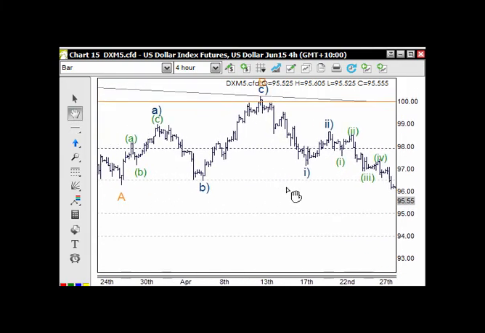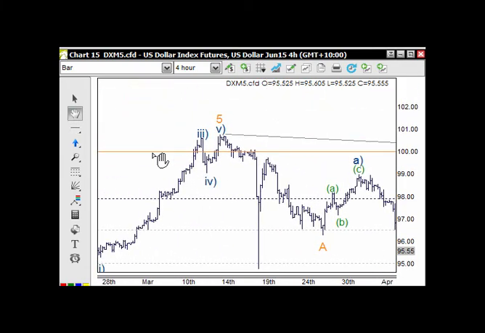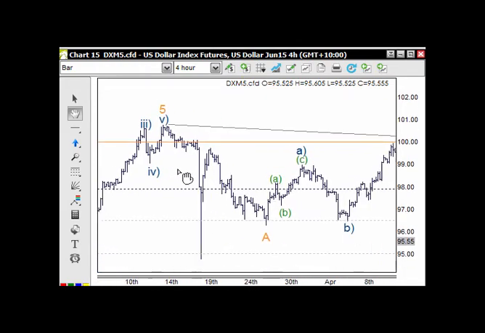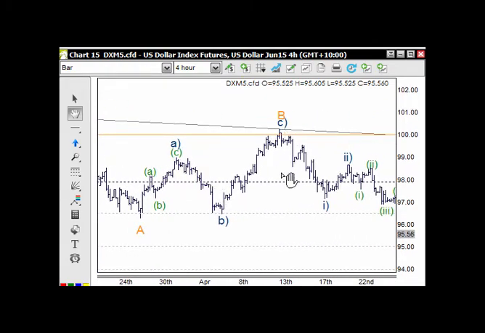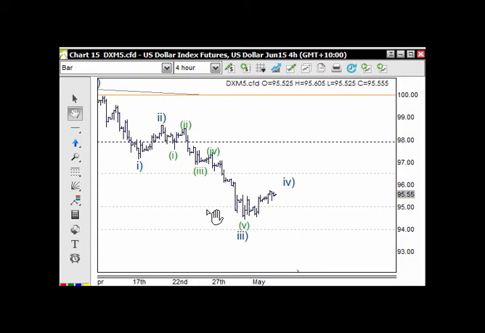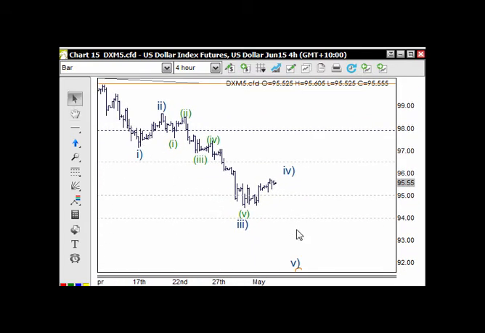On the 4-hour chart, the US dollar index is just coming back somewhat. When we reach the major trading level 1.00, we're looking for a reaction pattern, a bullish corrective pattern. So we're looking for an A wave, a B wave in 3, and then the C wave is always in 5 waves, except in a triangle pattern. So we're looking here at